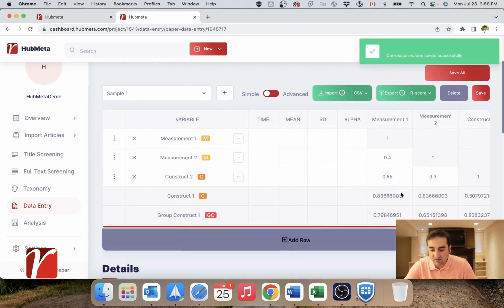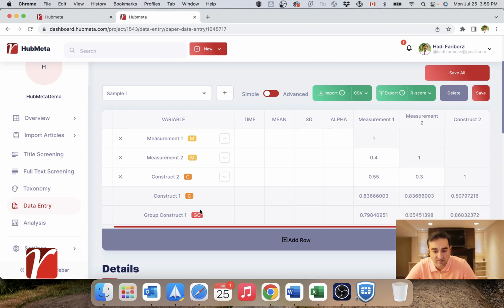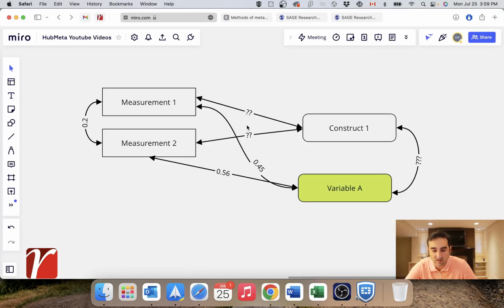Now, when you save that, you will see that two lines are automatically added. These are grayed out, meaning you cannot edit these lines because these were calculated by HubMeta. These are your composite scores. So as you can see, it gives me the correlation between measurement 1 and construct 1, between measurement 2 and construct 1. These are these two in our picture, which we're missing.